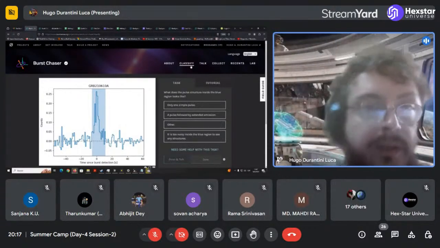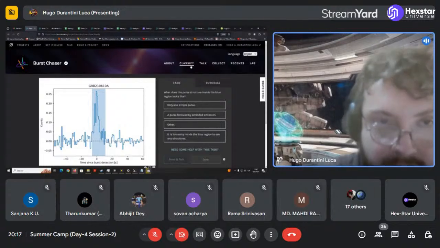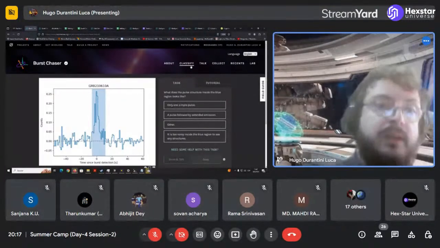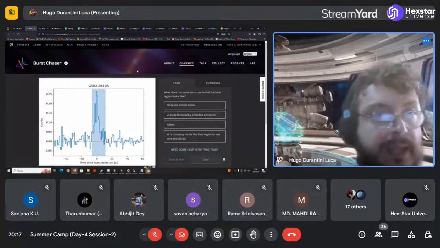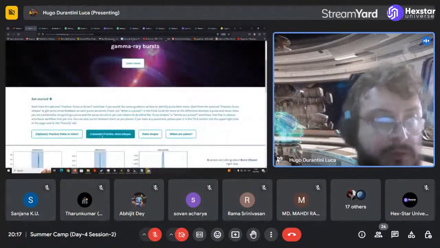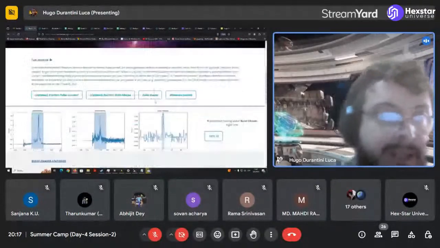Already by doing classification in any of these projects, you are already participating. All the data you are clicking in the actual workflows, I'll count the practice one too, because they are that.